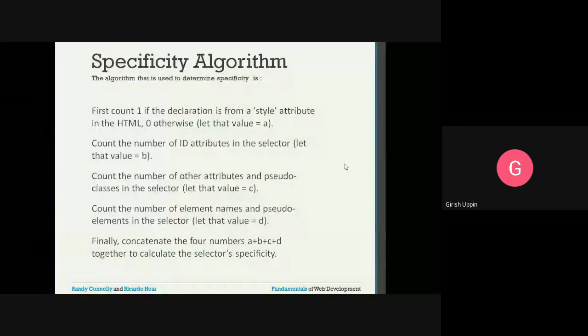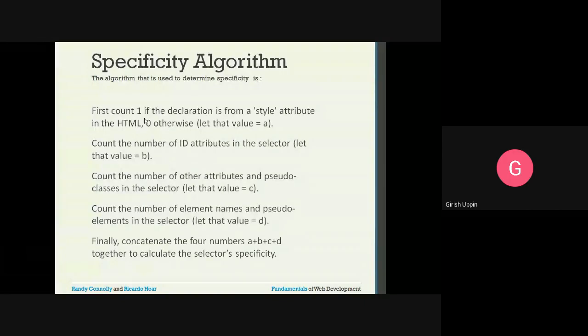So this is the algorithm that is followed for finding the specificity of a particular element. First, we count one if the declaration is from a style attribute in the HTML, zero otherwise. This means if we have the style specified in the HTML element, then we give a value of 1.